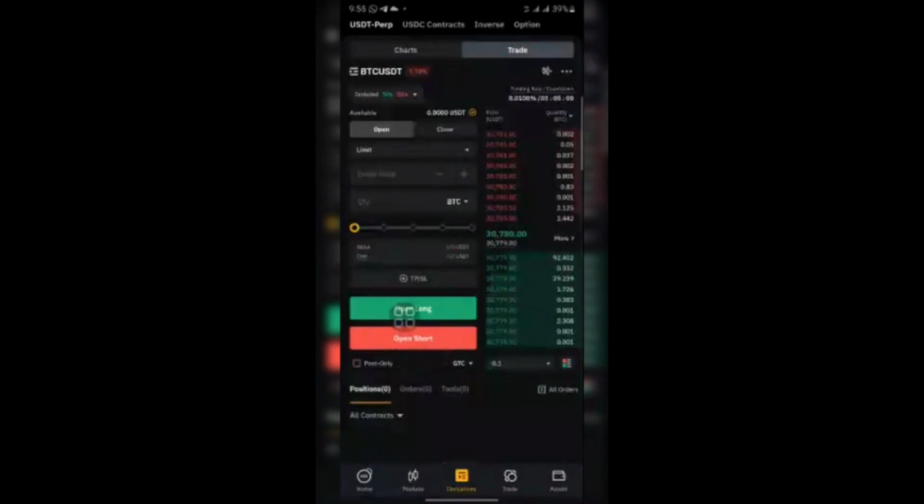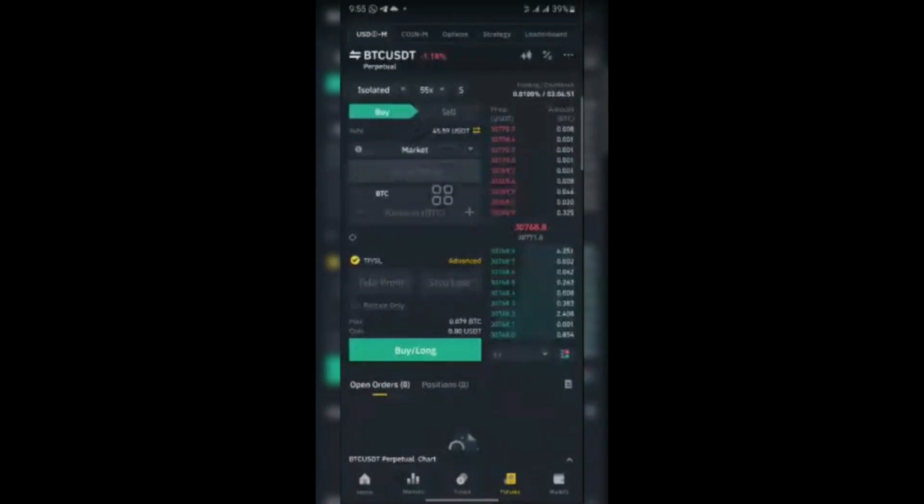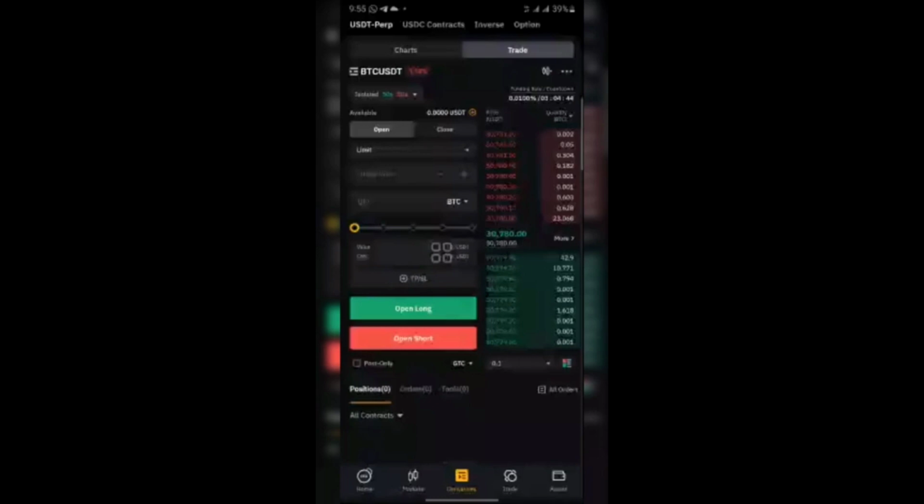You know, on Binance now you have to buy or sell. Like if you want to short now, you have to first change it before you put all these ones. But this one, after you have set everything, then you can long or short. You understand? So nothing concerns you with this post only. Nothing concerns you, this place, GTC. This is 0.1, nothing concerns you.